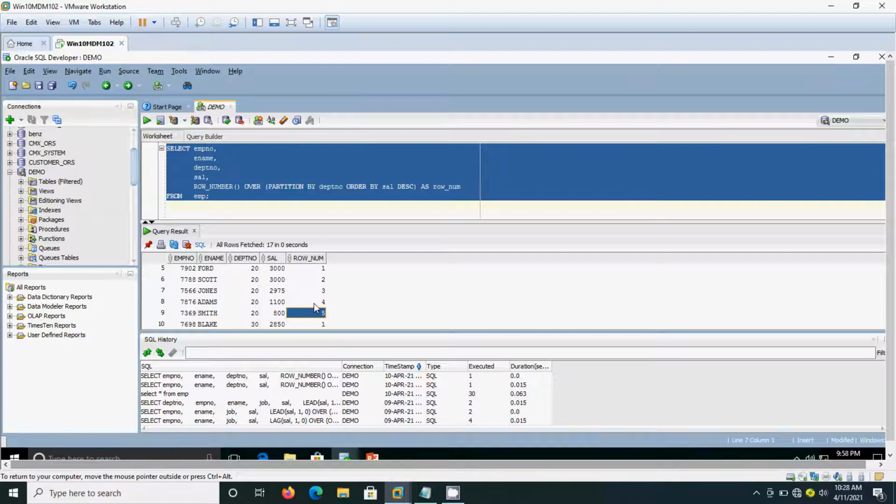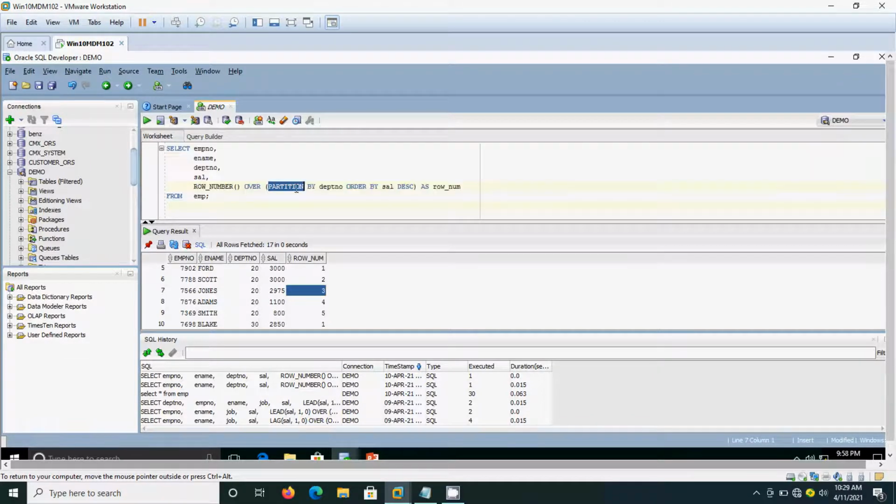If only one employee is working in a particular department, say department number 50, then only the number 1 will be there. If there are 2, then 1 and 2 will be there. So based on the number of employees in each department, it is generating the row number because of this partition clause. If you don't use it, then it will be treated as the whole set, and the sequence number will be generated for the entire employees.